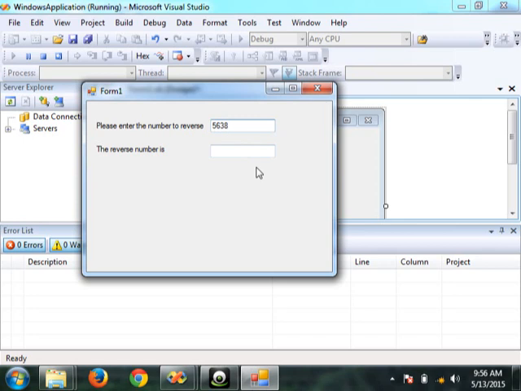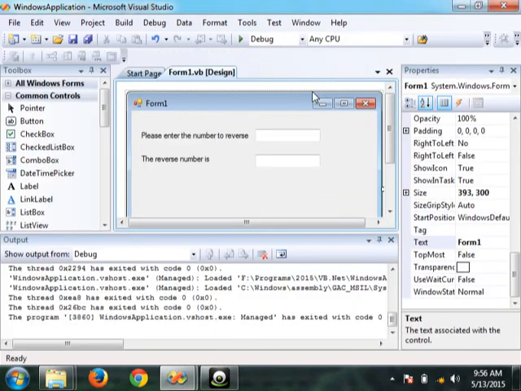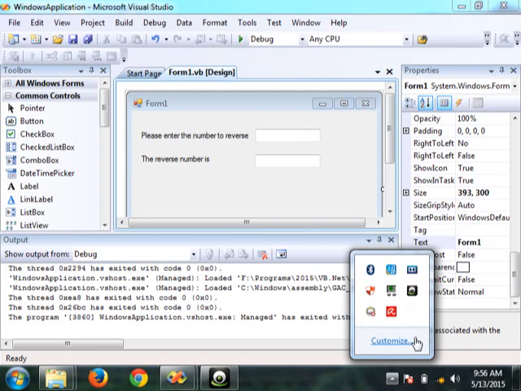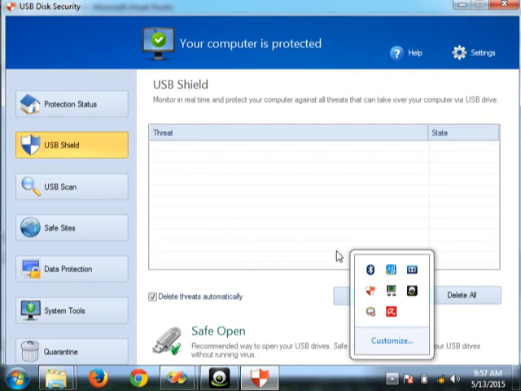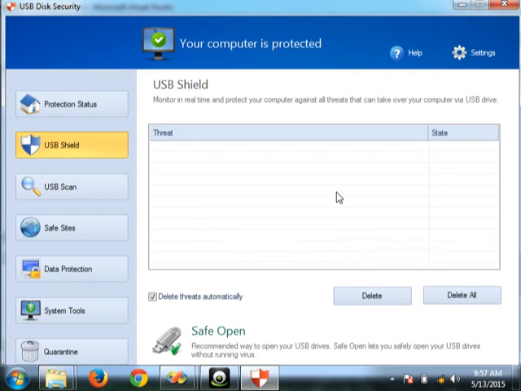It is because a Windows form is event driven programming. Okay, Windows is event driven programming. What it means is that until and unless some event occurs, it is not going to do anything for us. Just now I showed you an example, this one, yes. See, I have opened this application, and if I'm not clicking anything, is this application doing anything? No. If I click something like this, then only it will start that USB script. So that means an event has to occur. In this case, it's a click event.